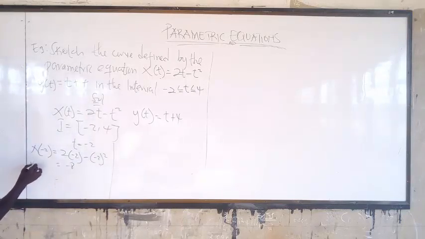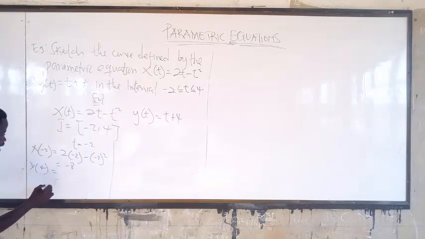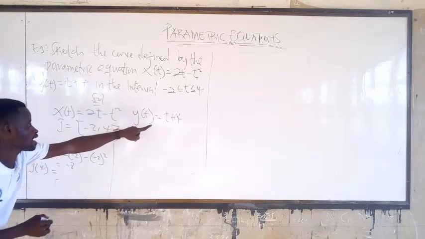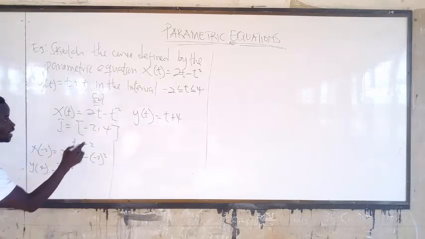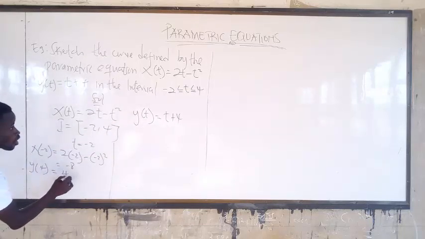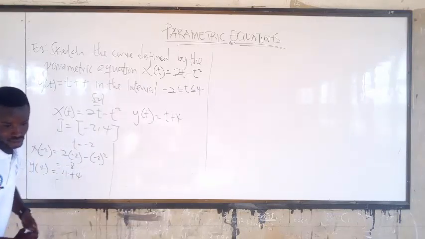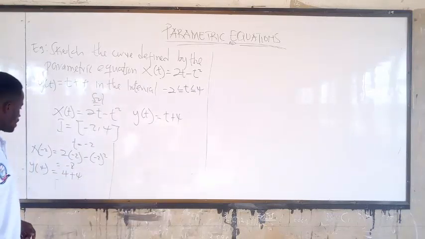Then at y, that one too, sorry, y. So that one, where you see t, put 4 there, and that one will give you 4 plus 4, right? Okay. So here,